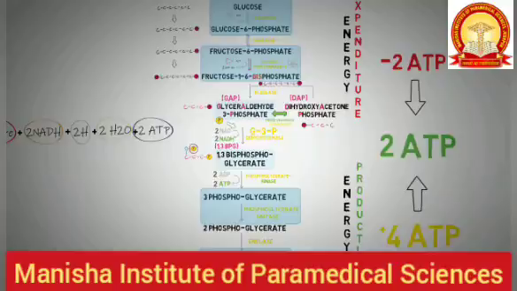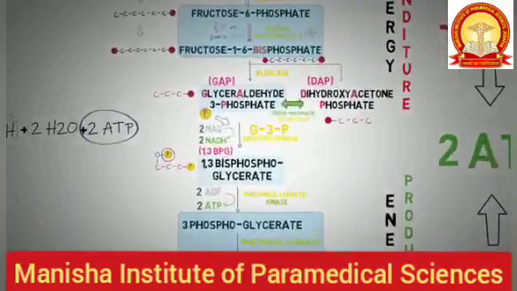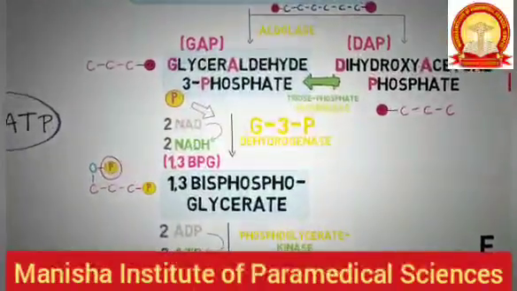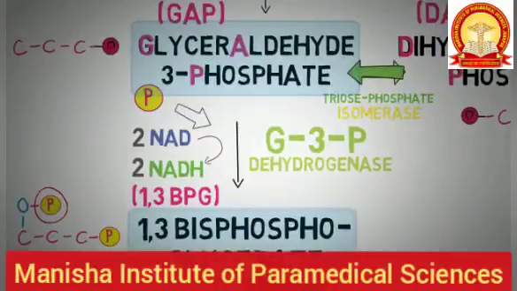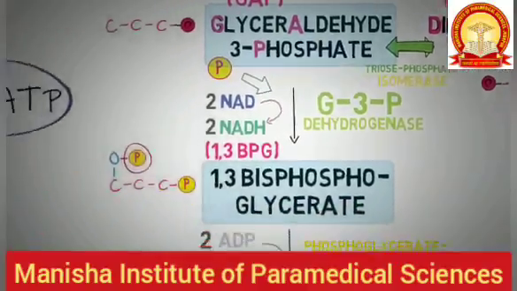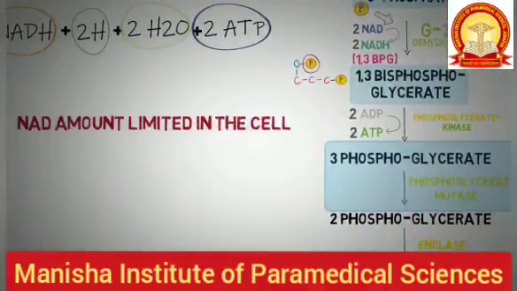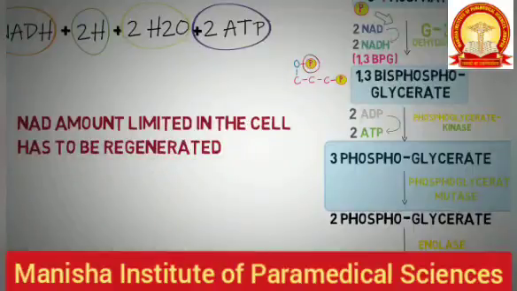Now what happens if oxygen is available in glycolysis? Oxygen has no direct role in this pathway of glycolysis, but has a very important role indirectly, and that is here in this reaction. Here, as you can remember, glyceraldehyde 3-phosphate is converted into 1,3-bisphosphoglycerate. The enzyme making it possible is the glyceraldehyde 3-phosphate dehydrogenase, which removes hydrogen from glyceraldehyde 3-phosphate and attaches it to NAD to make it NADH. But the thing is that there is only a limited amount of NAD in the cell, so NADH has to be reconverted to NAD again.